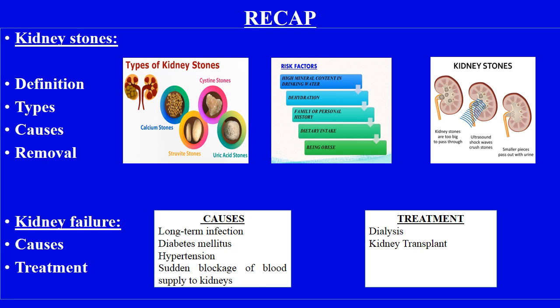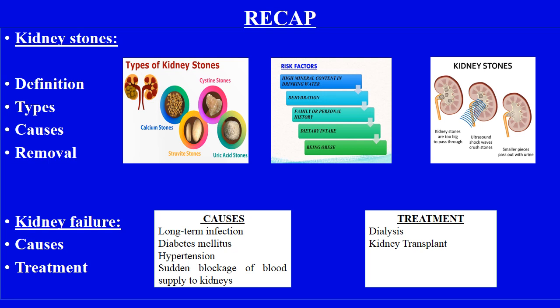Kidney stones, the three types: smaller stones are removed by drinking a lot of water, medium sized stones they are removed by lithotripsy. We have done the lithotripsy, the treatment in which the shock waves are bombarded and the stones will be broken down to smaller pieces and released out of the body. The third one is the surgery. Larger stone, they can be removed through surgery.